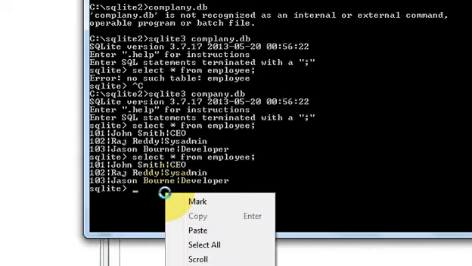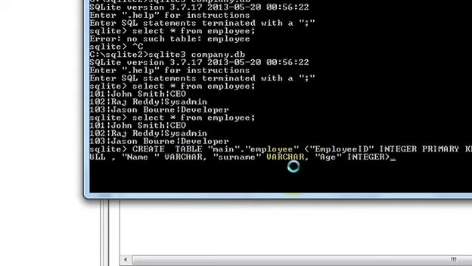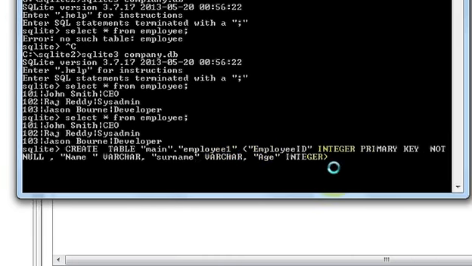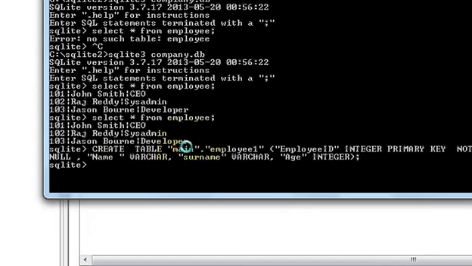created last time, and when you copy and paste it in this command prompt, last time we created employee, and this time if you change the name to employee 1, for example, because two tables cannot be the same, and just add a semicolon after the query, and you can execute it. The new table will be formed called employee 1, and this you can confirm by writing dot